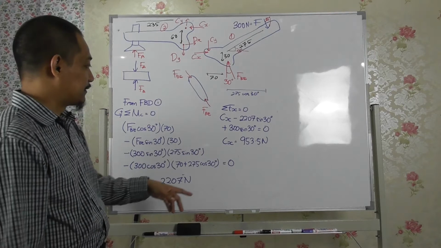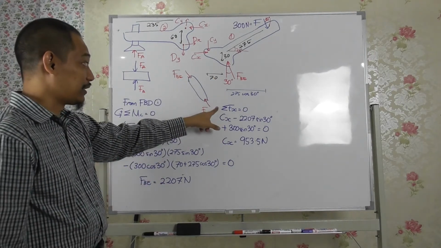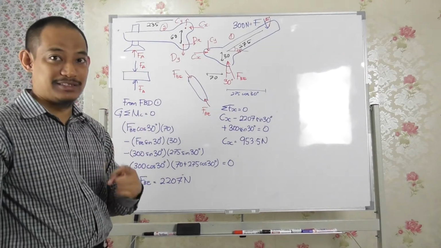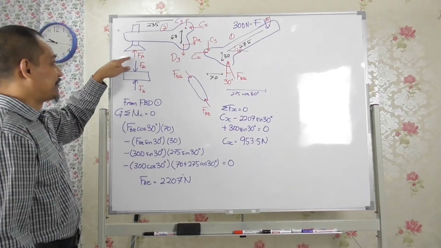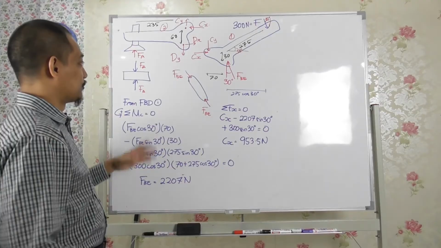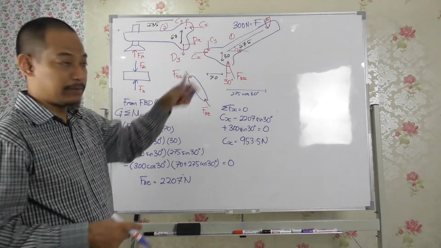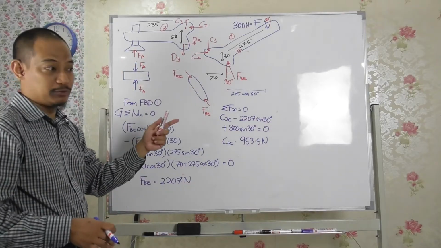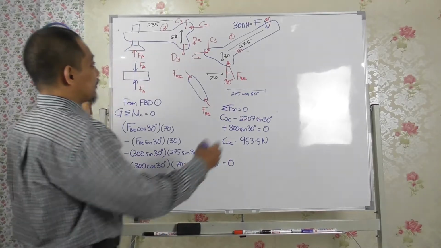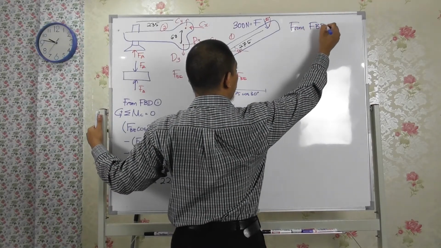Okay, so based on this, you can also calculate Cy, right? Of course, if you do summation of Fy equal to 0, you can calculate Cy. But as I mentioned earlier, what we need is just Fa, and if I take moment about point D, I'll go straight there. Because we have the free body diagram, you do not need the original diagram anymore, right? So, based on free body diagram 2,